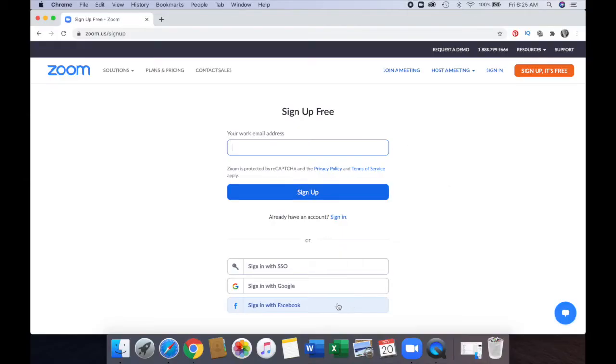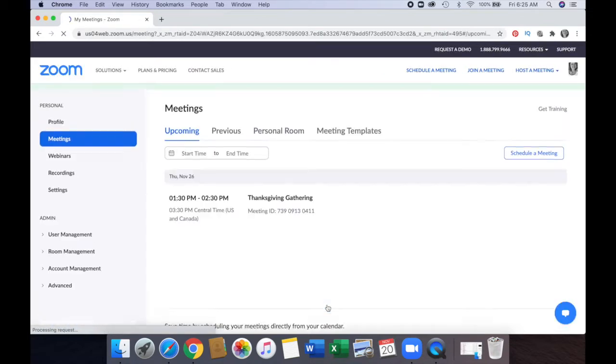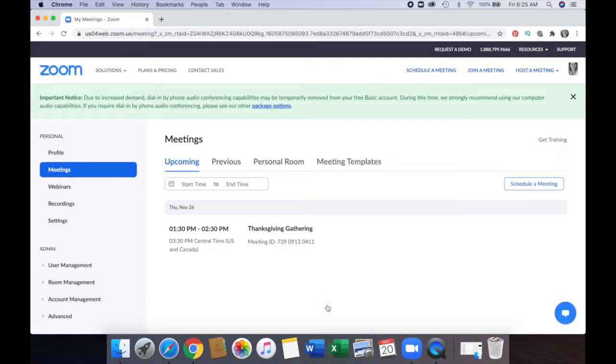And you'll enter your work email address, and you can kind of follow the prompts from there. I have just for my personal account signed in with Facebook. I'm sure there are some security things to be aware of when you share your information with Facebook, but I'm okay for the family gatherings to do this. Now that I've signed in, you can see it takes me to the meetings view,